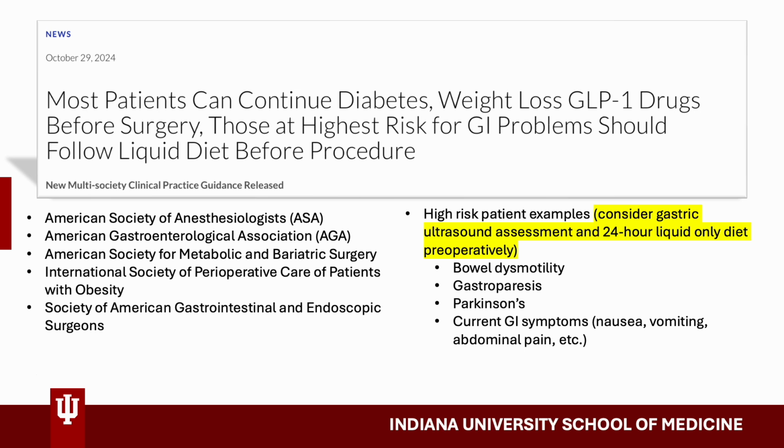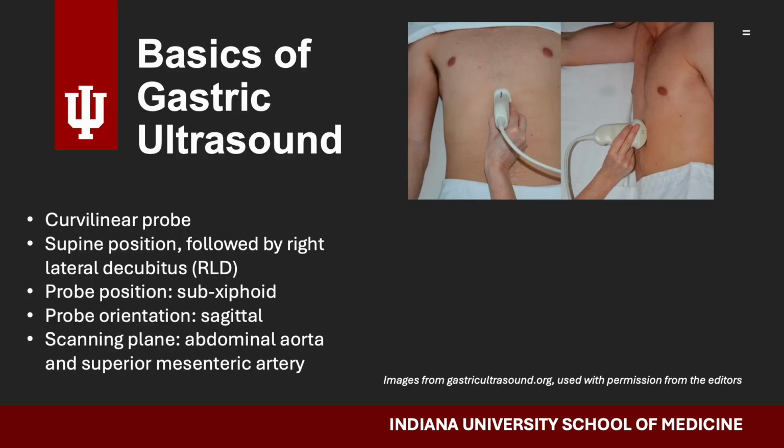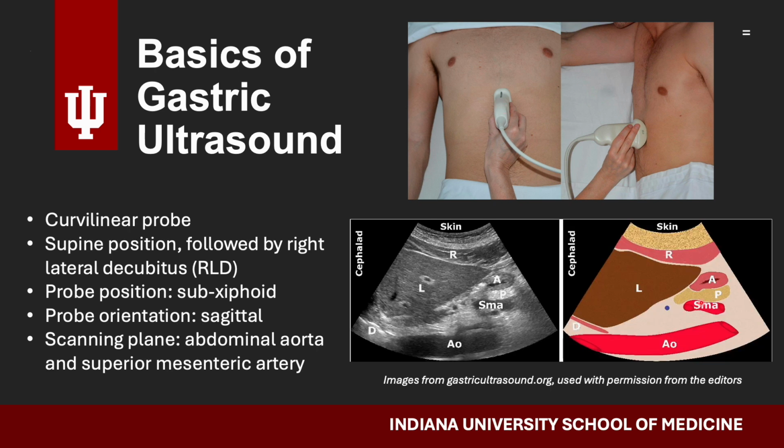Clinical guidelines evolve as research emerges, but gastric ultrasound is a useful tool to assess stomach contents and aspiration risk preoperatively. Use a curvilinear probe to examine the stomach in both the supine and right lateral decubitus positions. The probe is positioned at the subxiphoid process in the sagittal orientation. The abdominal aorta and SMA can also be seen in the scanning plane with the gastric antrum to the right